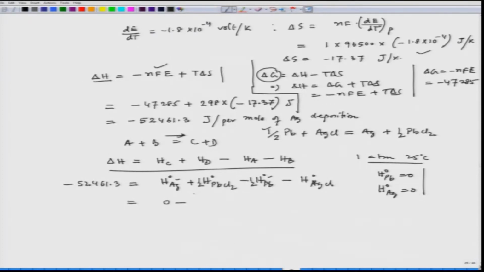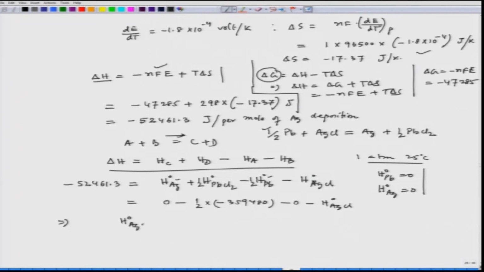So, this is half into minus 359480 minus 0 minus H of AgCl. We can also put 0. Now, then